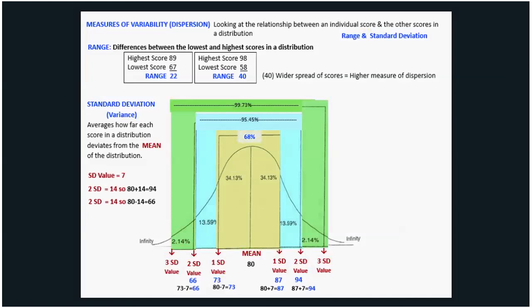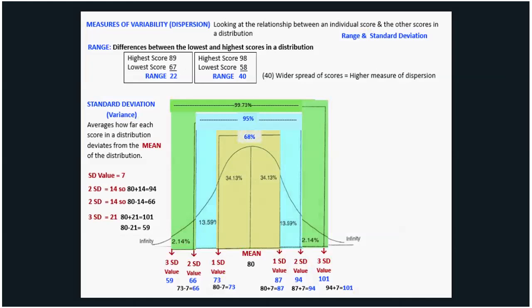So if we look at 3 standard deviations, again, if you take this 94 plus 7, that's going to give you 101. And then over here, if I take my 66 and I minus 7, that's going to give me 59. I could also do it the other way, where 3 standard deviations equal 21. So 80 plus 21 gives me 101, and 80 minus 21 gives me 59. So that's what you're looking at, saying that almost all of your scores, 99.7% actually, should fall within 3 standard